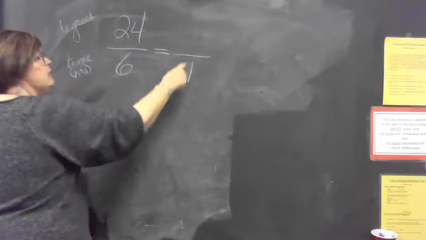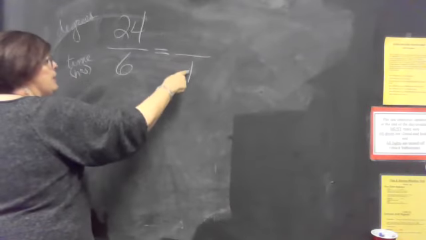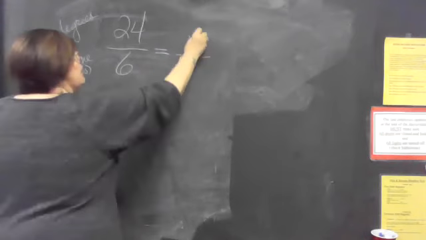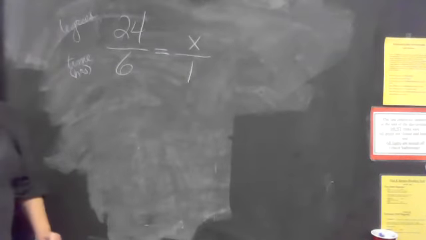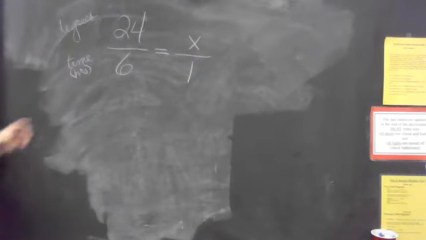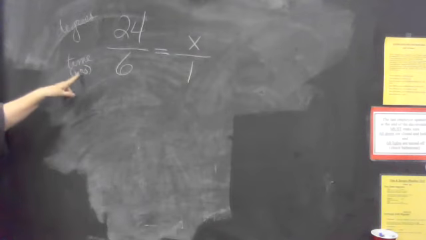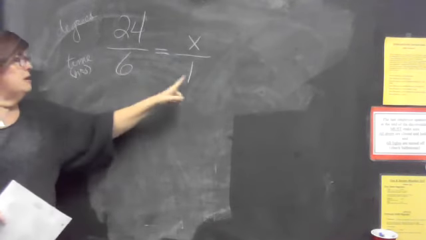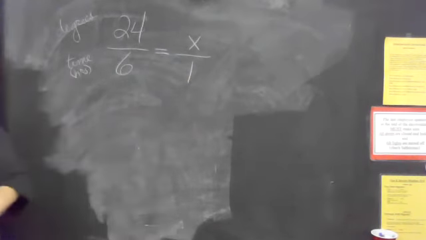Whatever we get here is going to be our unit rate because unit is 1. And they want to know how many degrees in 1 hour. Notice that I followed the pattern. The hours I set up to go on the bottom, so I kept it on the bottom. Yes? Okay. And then to follow the rules of a proportion,